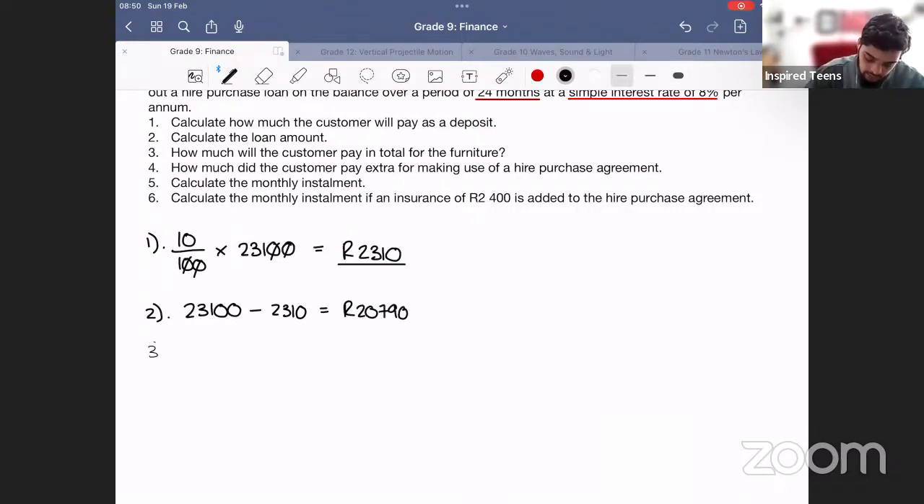Okay, let's look at number 3. Calculate how much the customer will pay in total for the furniture. This is an interesting question that we have to answer completely. How much will they pay in total for the furniture? Firstly, they are paying a deposit of 2,310